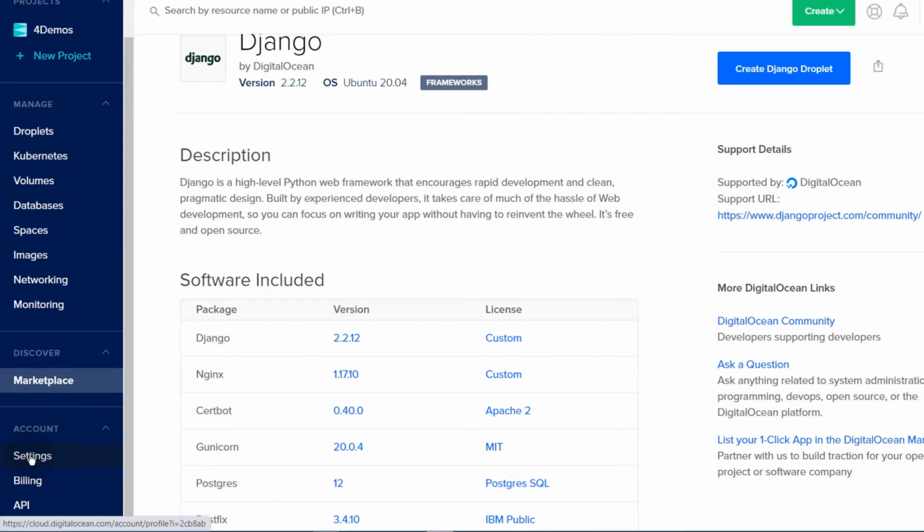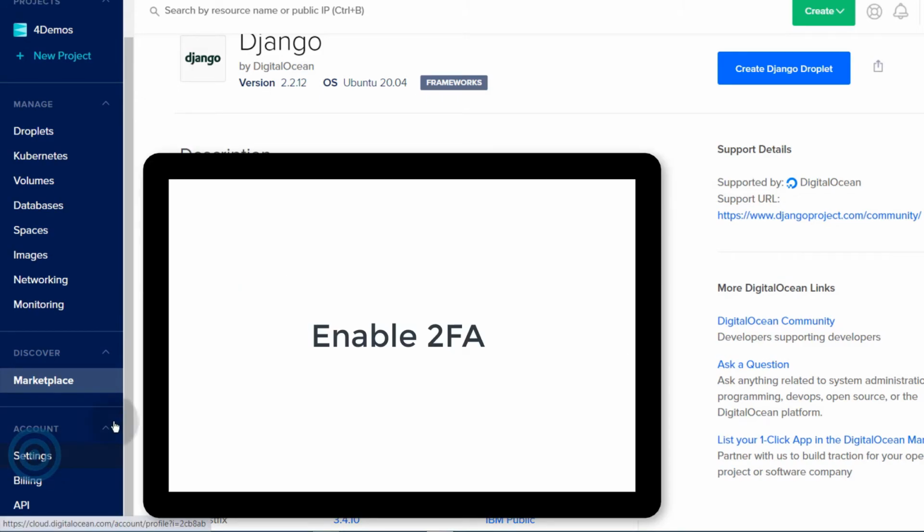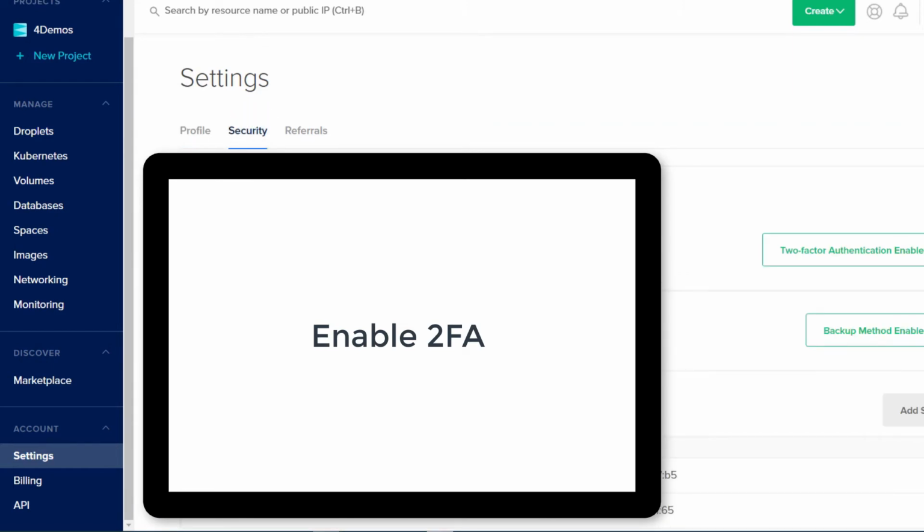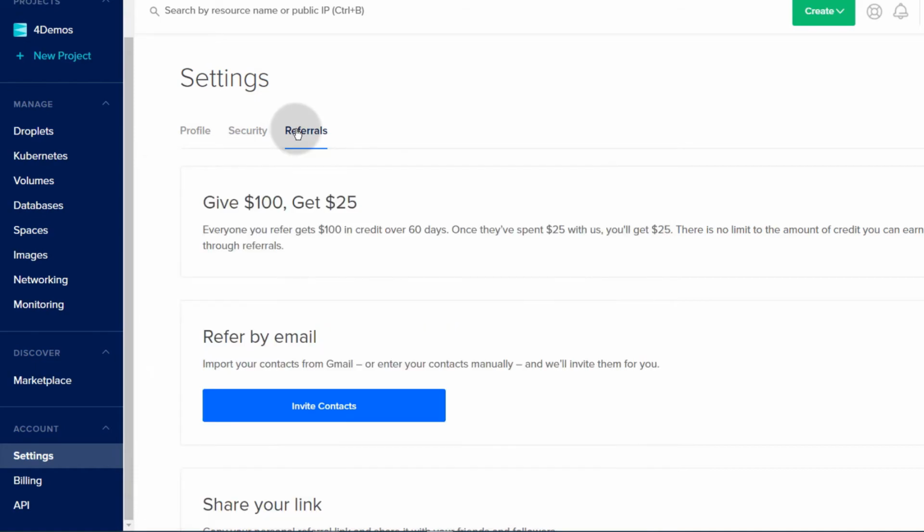Come in here under settings and enable two-factor authentication. Go under security and then enable two-factor authentication. Okay. And if you want to become an affiliate, you can also come here and give referrals for DigitalOcean users,